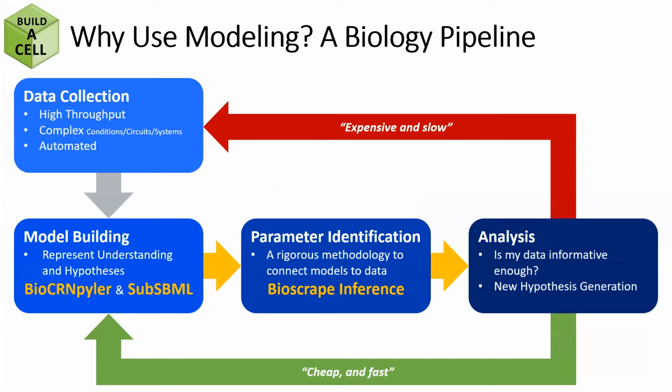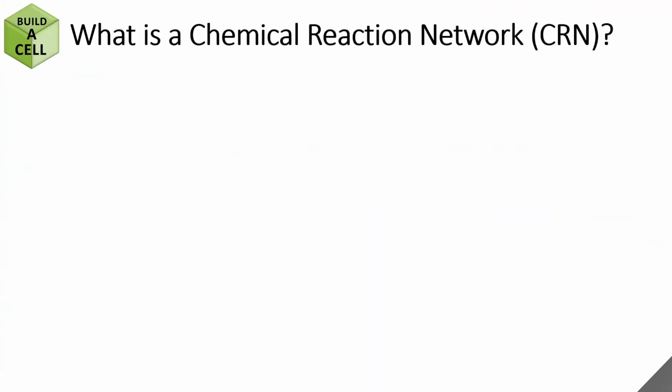I can now go do more experiments, which is going to be much slower and more expensive, to get even more data to then test that model and refine it more. So the idea here is to use models to help you design experiments so you can use your lab time and resources more wisely. So in all of this, I've sort of thrown around the word chemical reaction network a